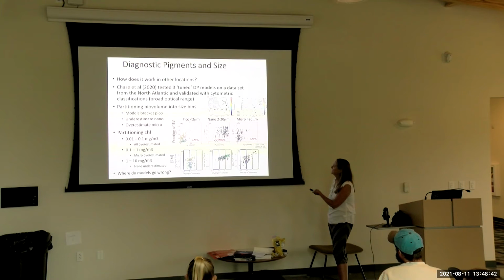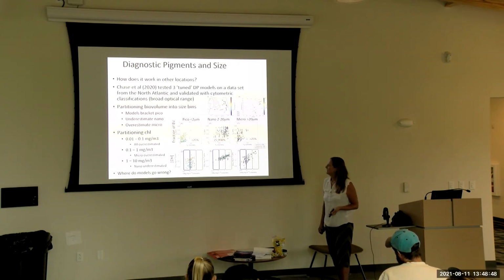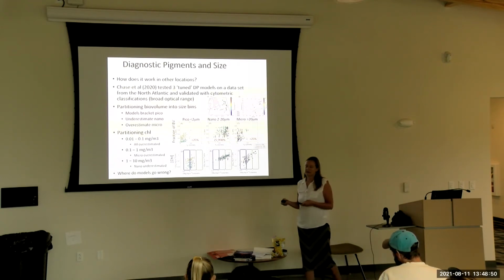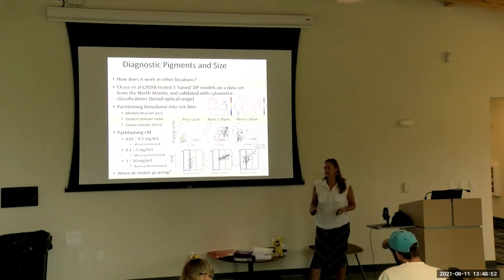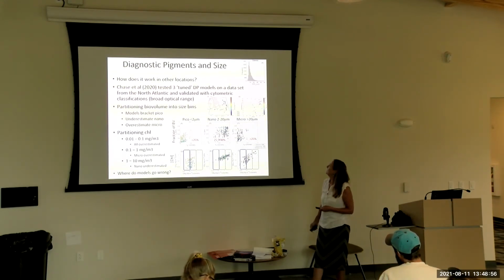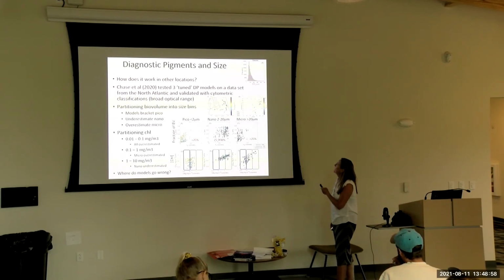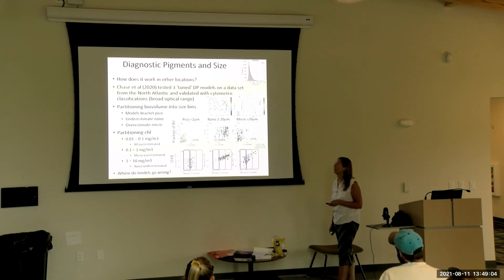They really underestimated nanoplankton and somewhat are putting it into microplankton. And so the problem is the models are going wrong because they're attributing size and pigmentation to the same drivers. And the one thing that I would just point out to you, when they actually looked at the size distribution, the histogram of size for diatoms measured with IFCB,